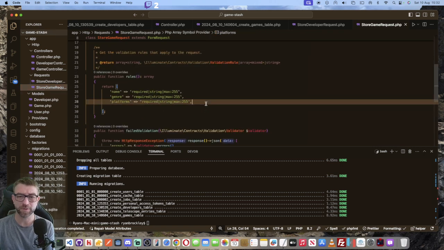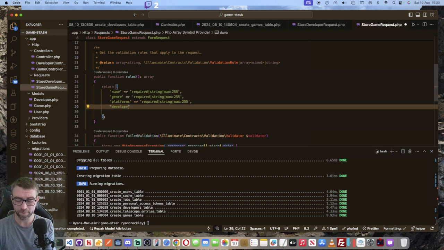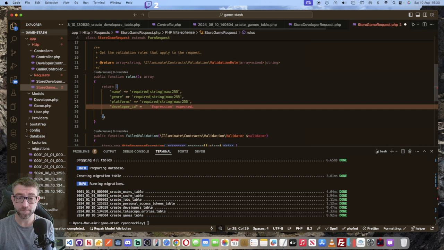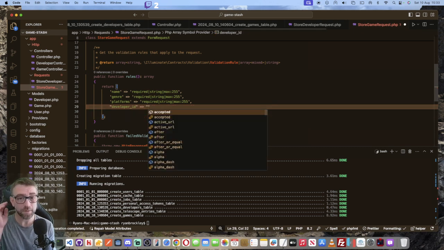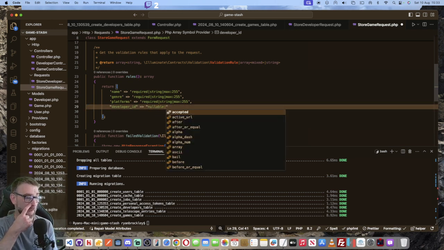Yeah, developer ID's got to go in here. This one's a bit weird because we know it's nullable. And we know we need an ID, so it's going to have to be